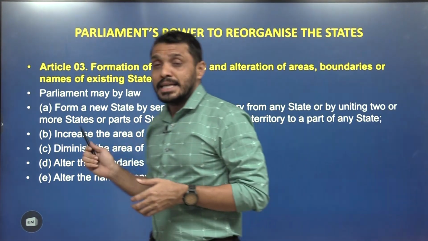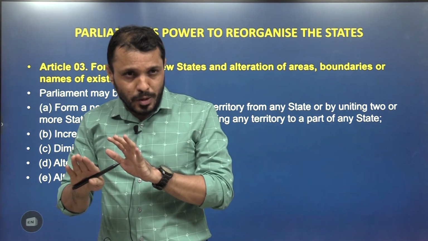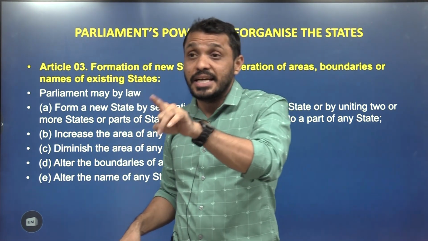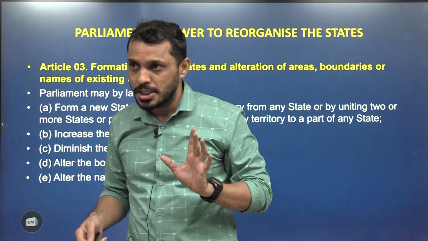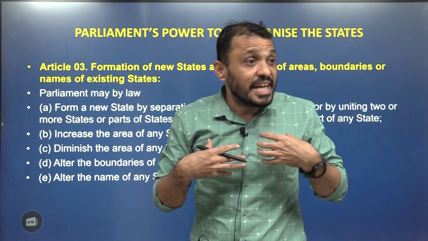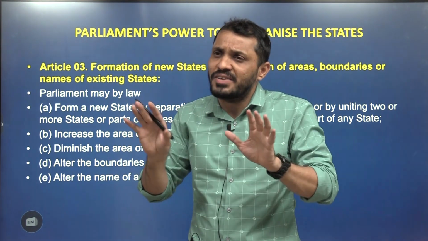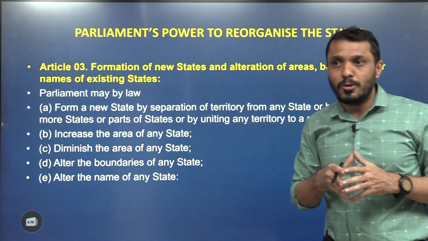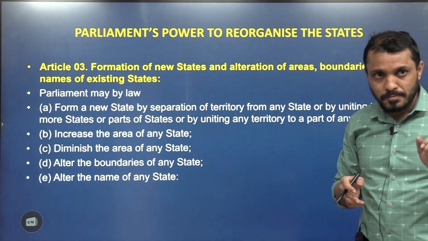Okay. So Article 3. When I am talking about Article 3, the state assembly doesn't need to approve, I told you, only opinion. So what inference can you draw? You can draw an inference that in India, there is no guarantee for states' sovereignty. Very, very important. That means state identity is not guaranteed. Parliament can divide the state whenever they like. That is the intention of B.R. Ambedkar: in India, the union is indestructible, states are destructible in nature.